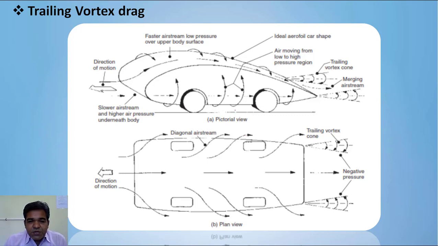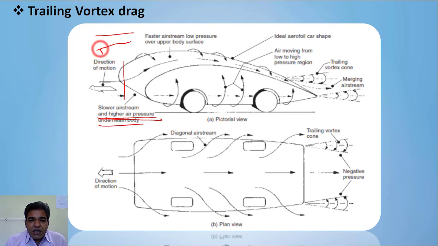In this picture you can observe the slower airstream and high air pressure underneath the body. This is just the entrance for the airstream, the entrance to the convergence shape. We have already discussed the Venturi shape which is produced while the vehicle is moving in the air. So here the slower airstream and high pressure underneath the body. Once the airstream moves ahead, it experiences the converging shape. It will look like this.